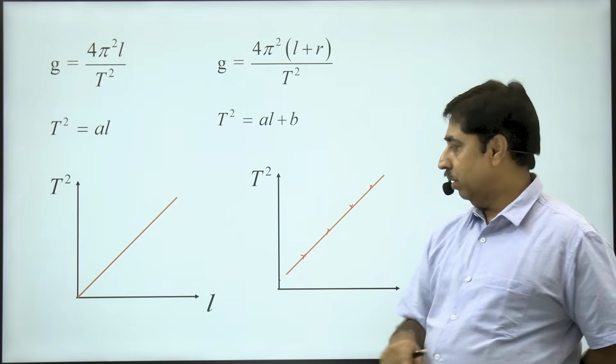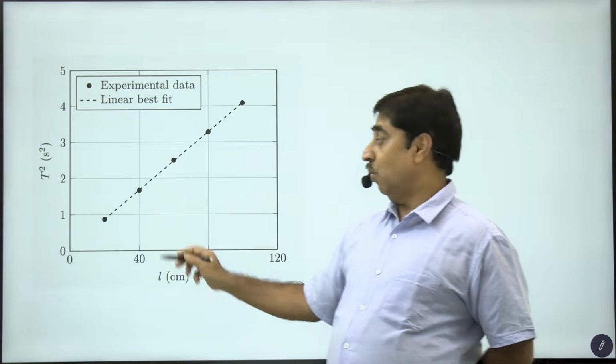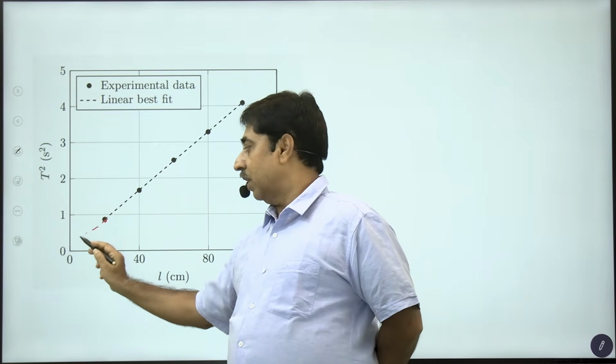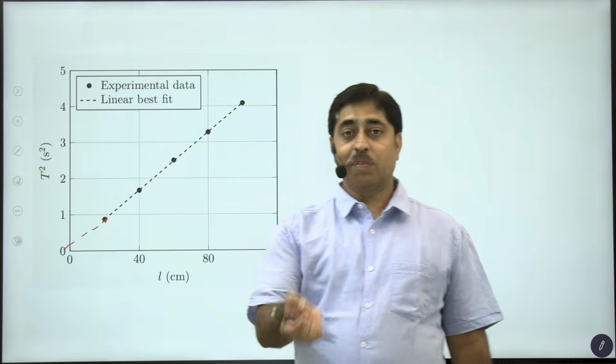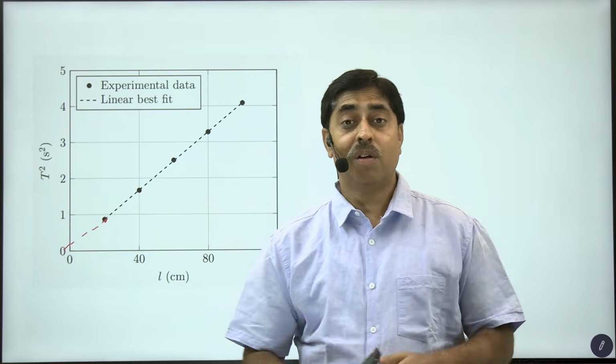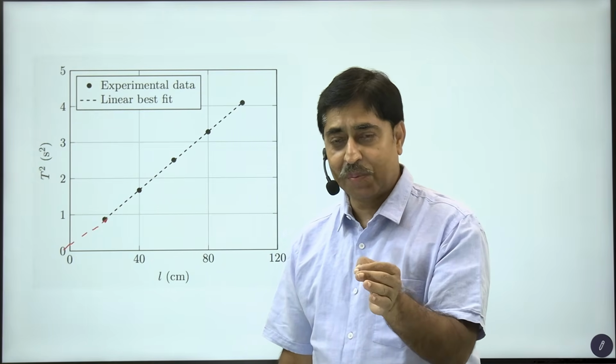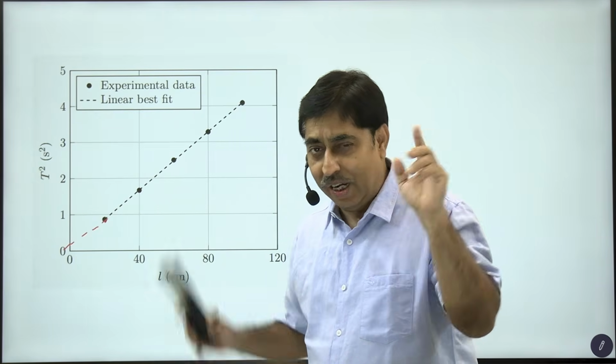In the actual question, this graph was given to be like this. If you look at it carefully, it was not exactly passing through the origin. It was passing slightly above the origin. I hope you enjoyed this question, and now you will have to decide whether the experimenter made a deliberate mistake